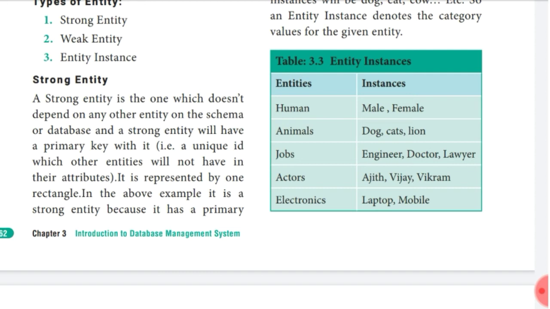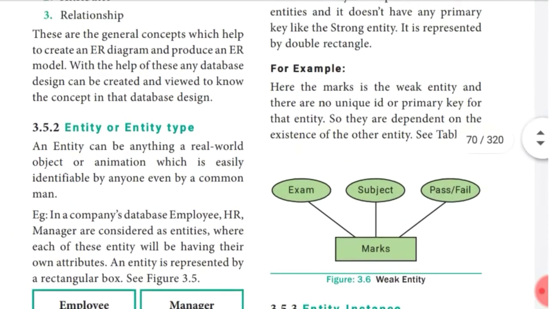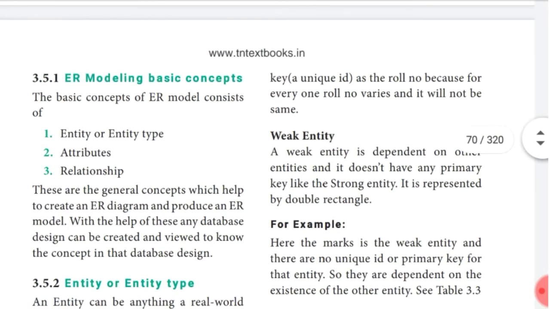The unique identity which other entities will not have is their attribute. It is represented by one rectangle. In the above example, it is a strong entity because it has the primary key. The primary key is unique, because for every roll number the value will not be the same.